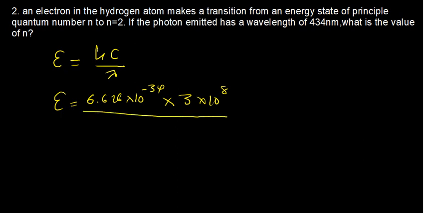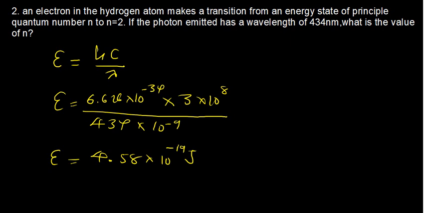Now the wavelength has been given in nanometers, that is 434 nanometers. So converting this number to meters, simply multiplying by 10 to the power negative 9. So the value now will be in meters. Therefore the energy that we are going to find here will be 4.58 times 10 to the power negative 19